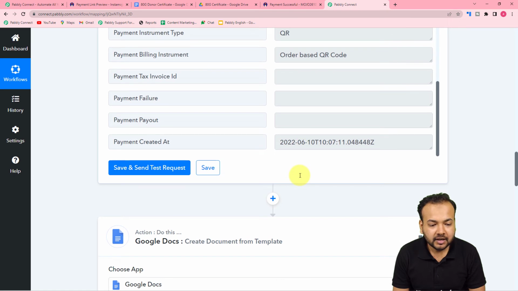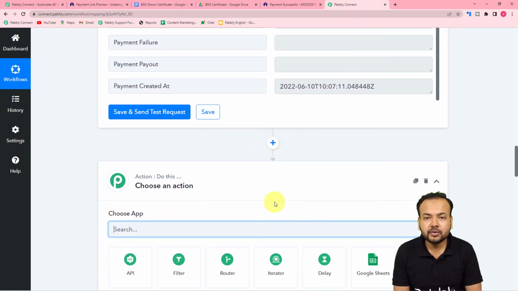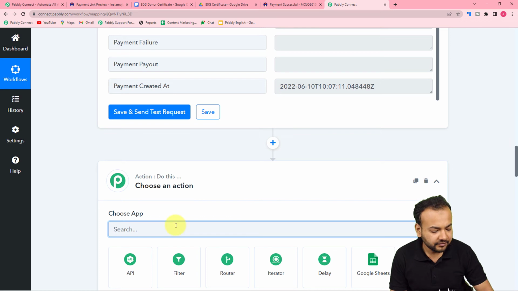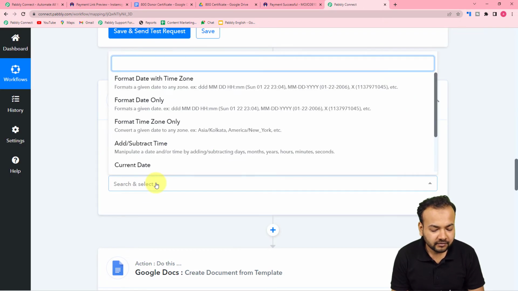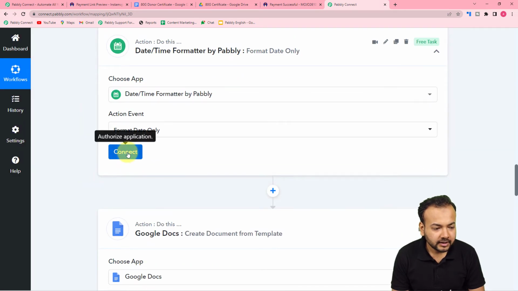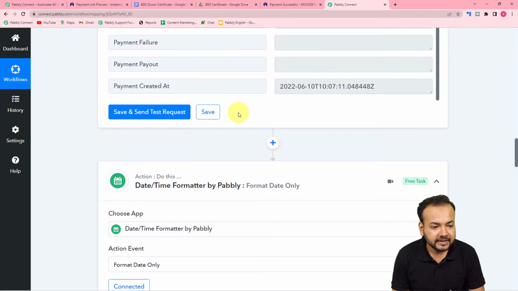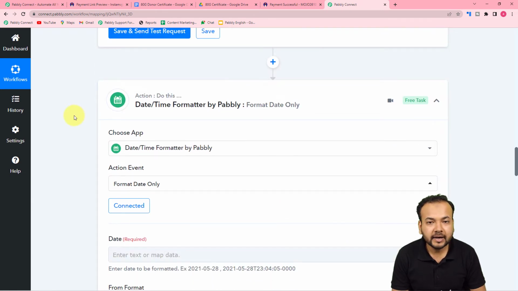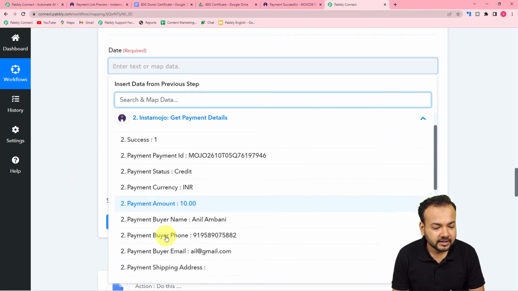Okay, so what you can do, just click here on this plus icon in between these two steps, and another action step will open up. And from here I'm going to use a feature of Pabbly Connect which is called date time formatter, and with the help of that we are going to change the format of the date, and the action event would be format date only. Then click on connect, and here it is asking for the date. So we are going to map this label. Okay, so to automatically change the formats of the date, you have to map this label here from the second step